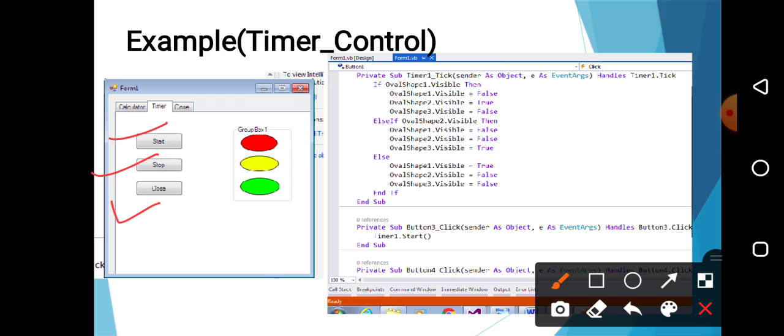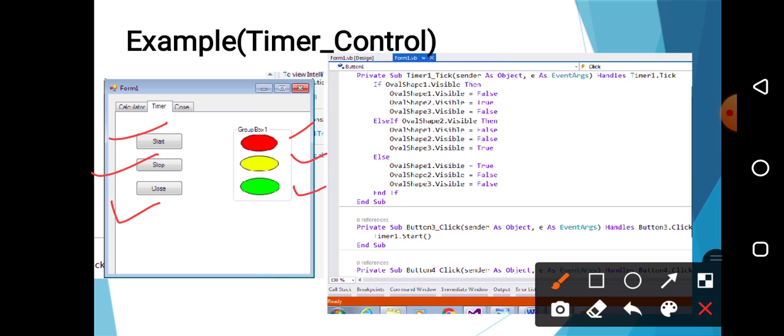First one is red, second one is yellow, and third one is green. I am displaying these three shapes at particular intervals of time. Therefore, I have taken timer 1, timer 2 and timer 3. Now, you can also set this up using one timer only.